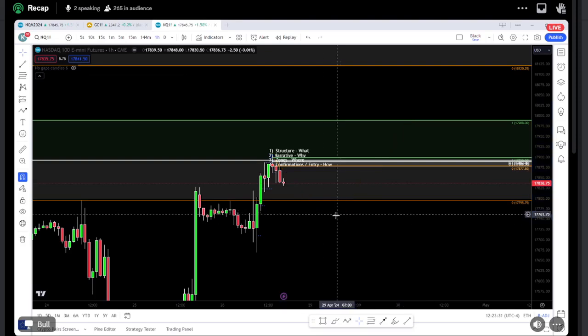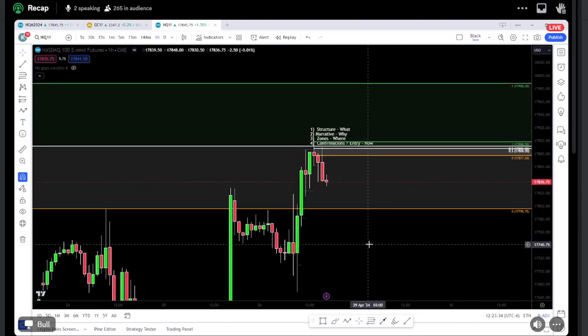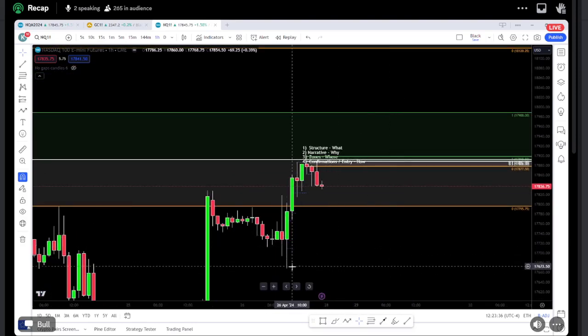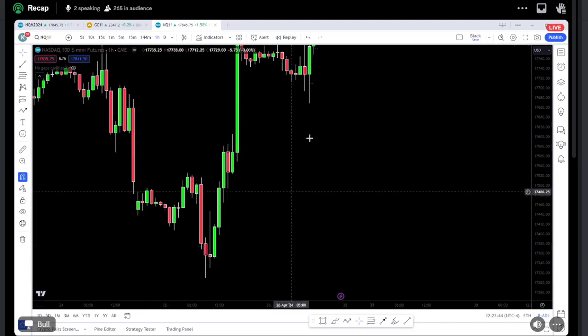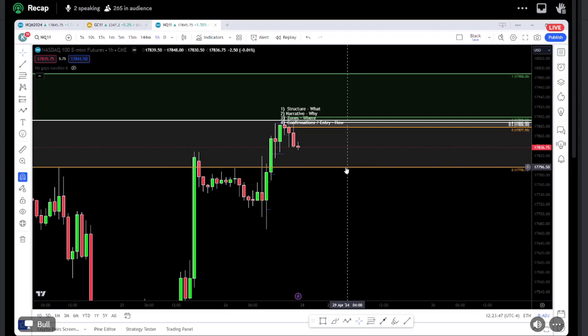But if you're looking to estimate what the hourly is doing, essentially we've got a lot of ground to cover to make this protected low broken and then trade back down into our unmitigated zones here, right? Not sure if that answers, right? Or you talk about the smaller time frame order flow. Okay, what other questions do I have?